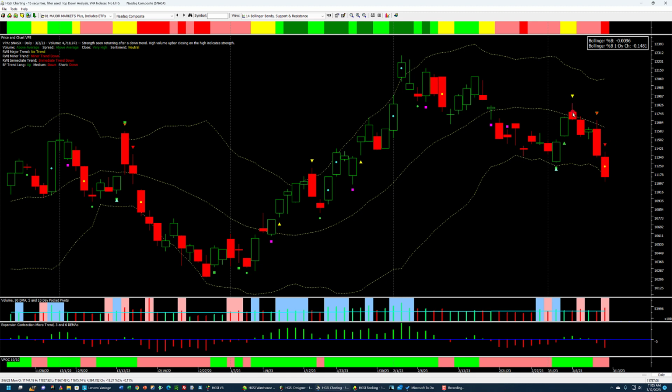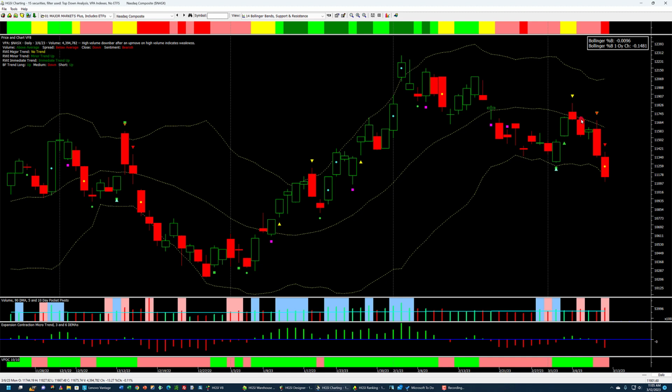Now let's analyze these VPA flags. This candle right here was a high volume down bar after an up move on high volume, which indicates weakness. So what happened, there were 2 strong days that gapped open. It went up here to the top of the wick, or the market traded up to the top of the wick, and then it closed near the low of the day, and that is a sign that the so-called smart money, or the big players, the market makers and so on, are not supporting the market. So when you get a reversal like this, especially with the VPA flag, it shows weakness.